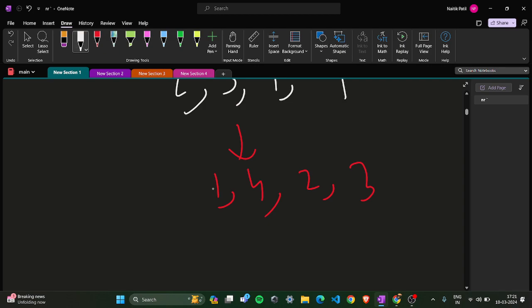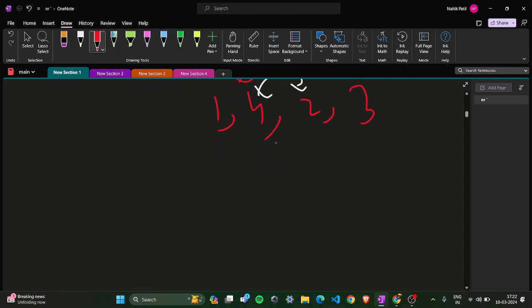So here the most optimal way to get the identity permutation is to swap these two elements, and after that swap these two elements. Let's suppose we are performing the first operation. So after swapping these two elements,